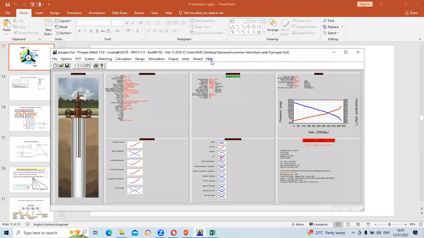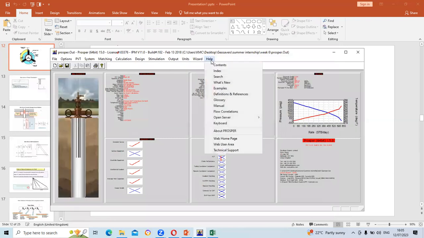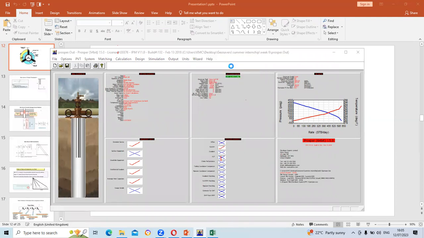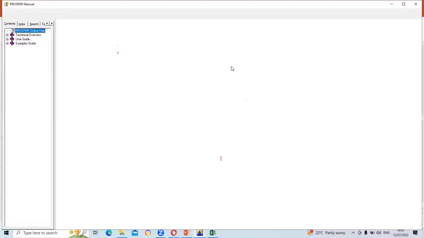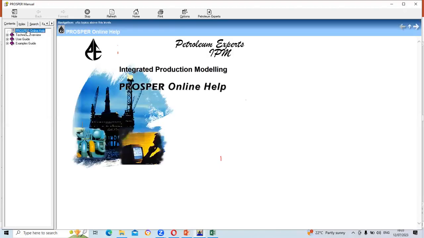All right, there is always a help button here. You come to the help button, for example, you take content, and it opens up. When you come to your top left up here, you see a search button. I can click on search, and I search on anything that I want. Maybe we want to talk about